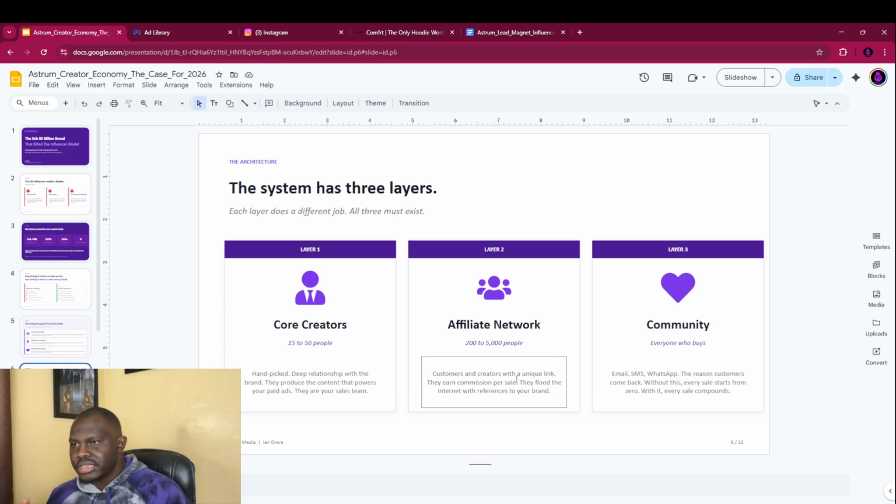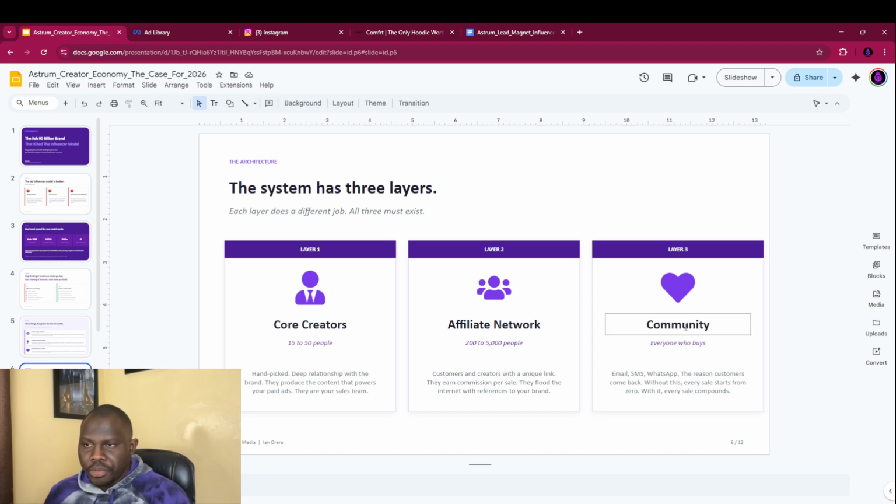So for these affiliates, these are other people too. They work for you. They have an affiliate link. It's like an abundance now. You start with co-creators, then you can expand to affiliates. So this can be anyone who has interest, right? So this is now you are scaling, right?